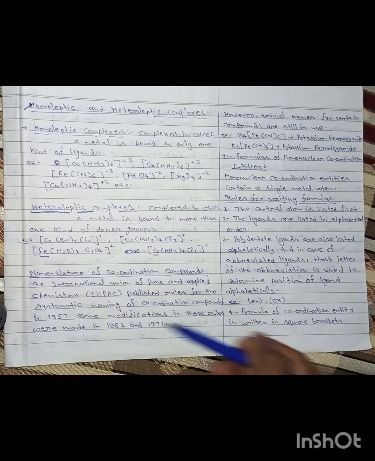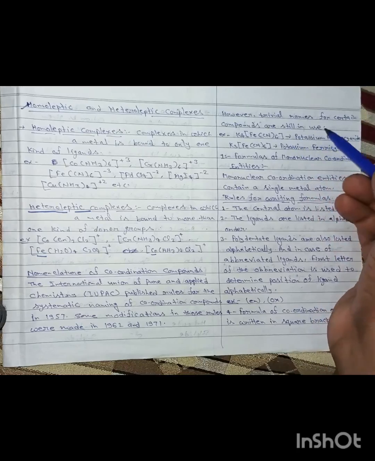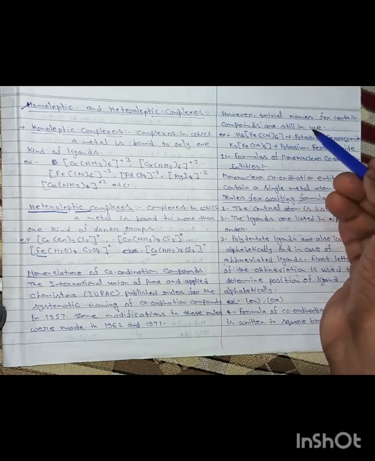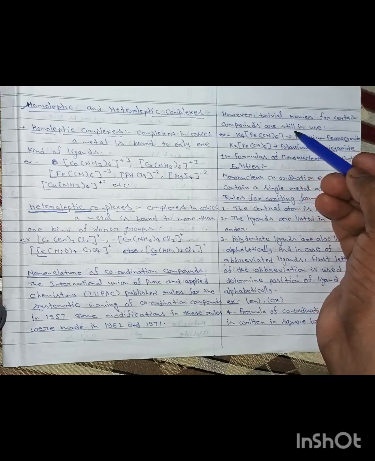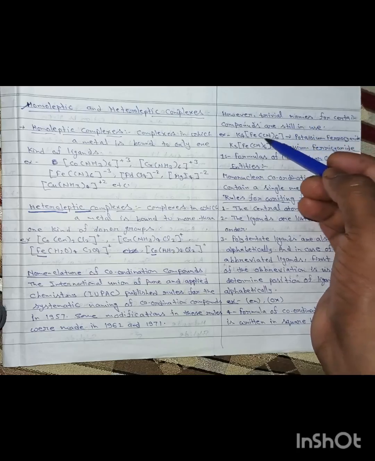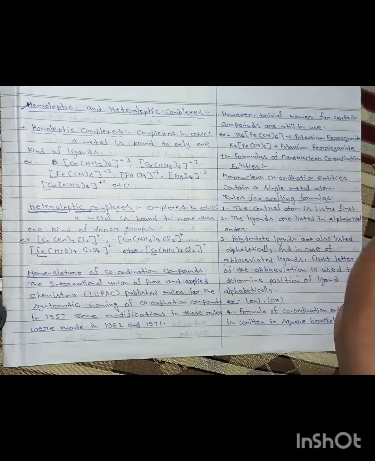Some modifications in these rules were made in 1962 and 1971. However, trivial names of certain complex compounds are still in use. Some compounds which were named before are still called by the same name at this present time, like